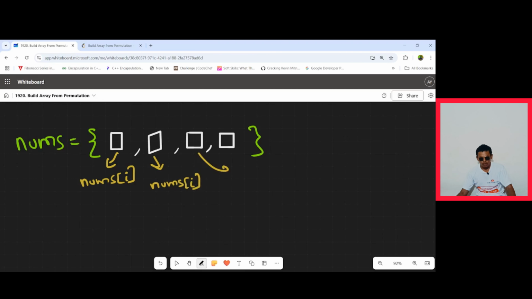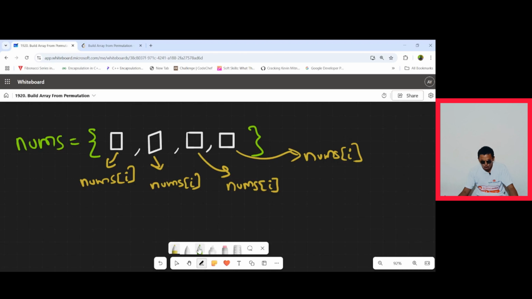Yes or no? This is nothing but your nums of i. And with this, what I want to say here is, this is nothing but your given values.